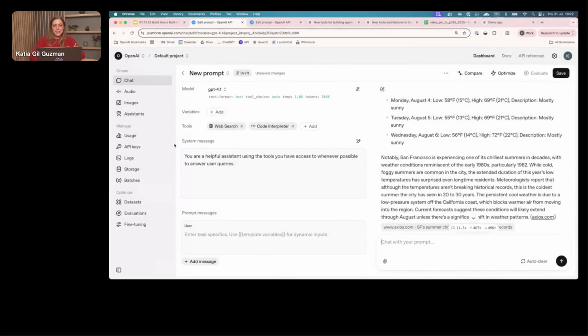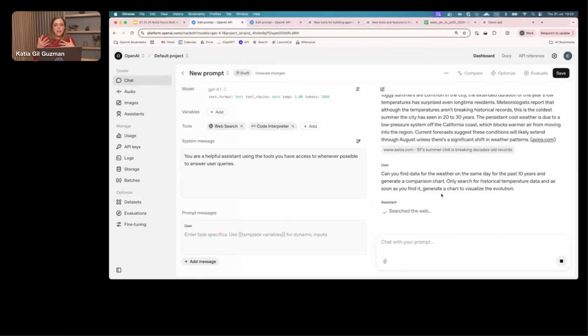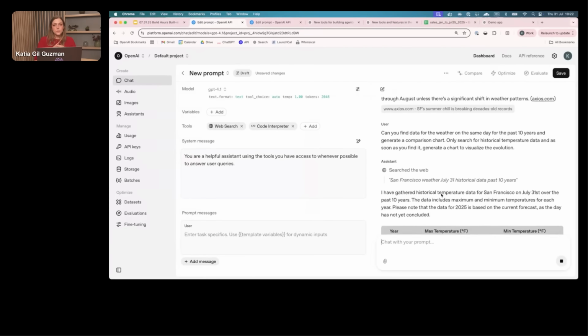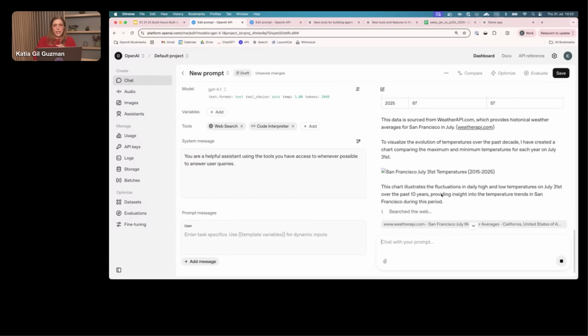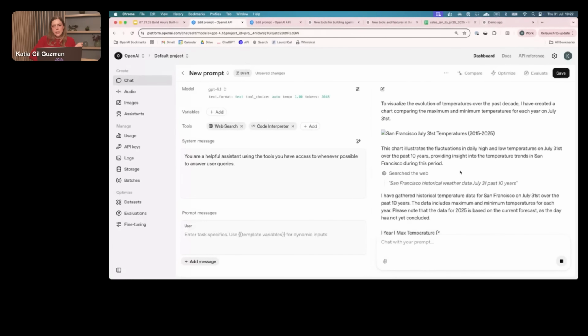Okay, so we can ask something to the code interpreter tool to compare this data, because it says that it's one of the chilliest summers in decades. So we can ask it, okay, can you actually find the weather data on the same day for the past 10 years and generate a comparison chart? So here we're again searching the web for the historical data. And then,